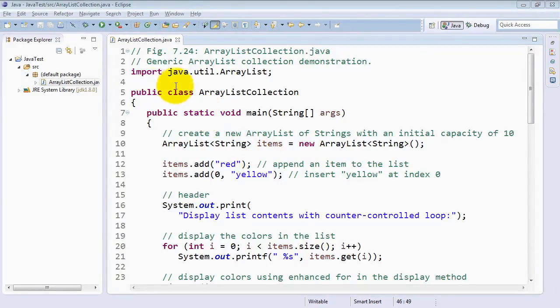Now again, the ArrayList class is from the java.util package, and many of the classes in that package are so-called generic classes. A generic class is a class that's capable of manipulating a set of values regardless of what the type of the value is. So a list of items could be a list of anything. It could be a list of numbers, it could be a list of strings, it could be a list of